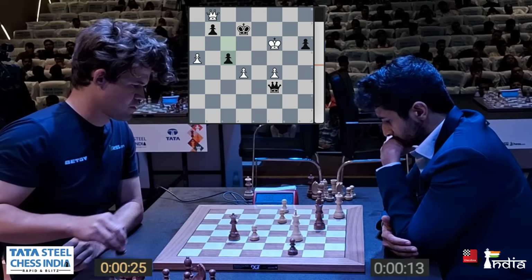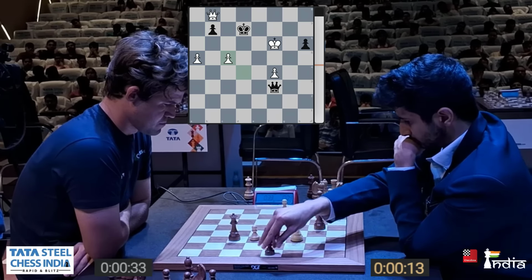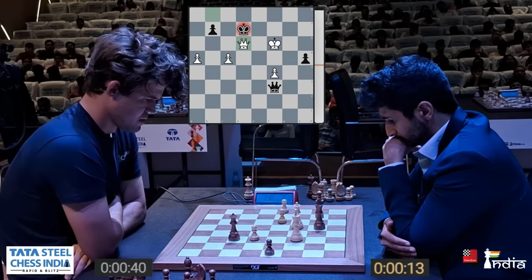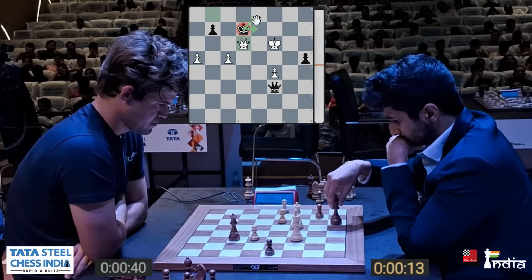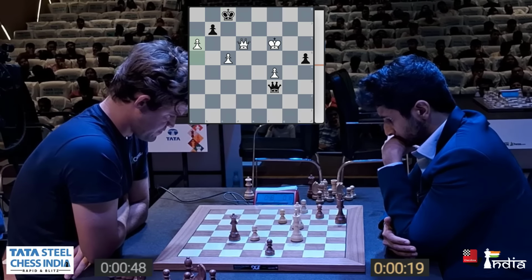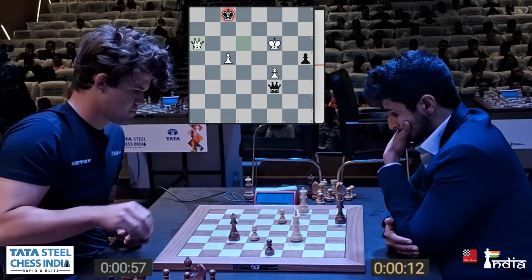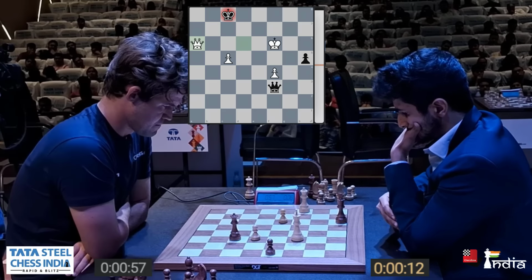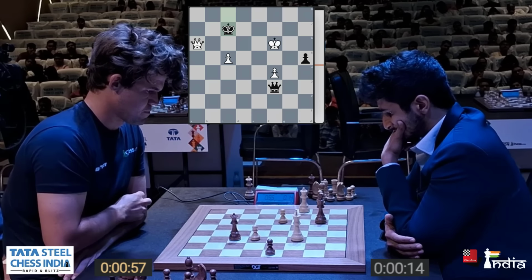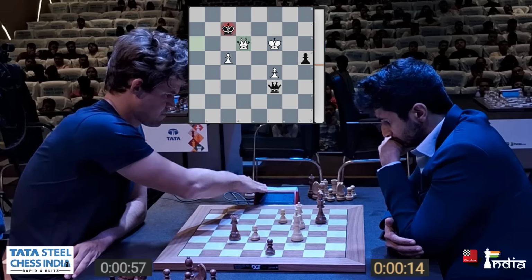So c5 played. Magnus takes the pawn. h5. It gives a check. If king e8, there is queen e7 mate. So he has to go king c8, and Magnus pushes forward with a6. B takes, queen takes a6, and king c7. He gives a check,